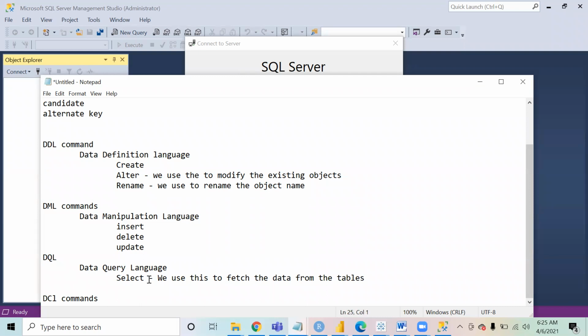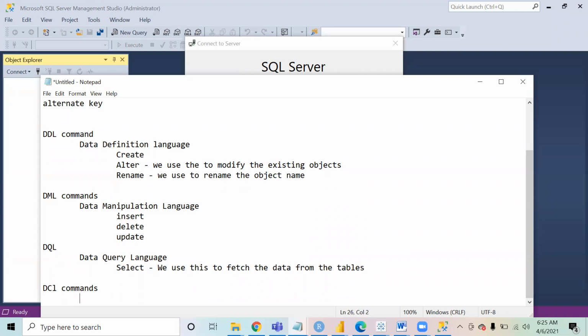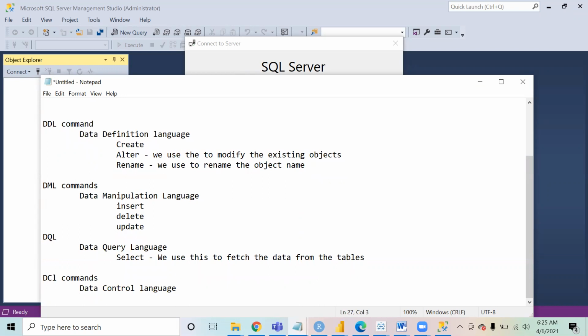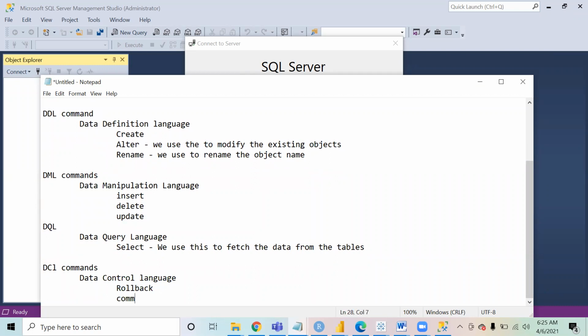Then lastly, we have the DCL commands, which stands for data control, and in this we just have two commands. One is rollback and the other is commit. See, what happens is, data control language means, suppose you are trying to delete or update data, or you are trying to insert data.